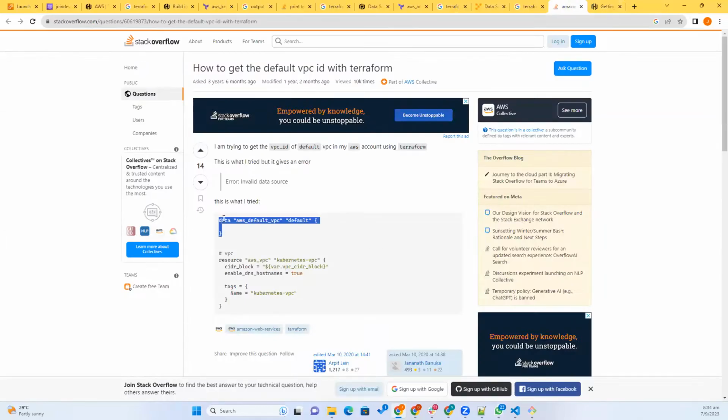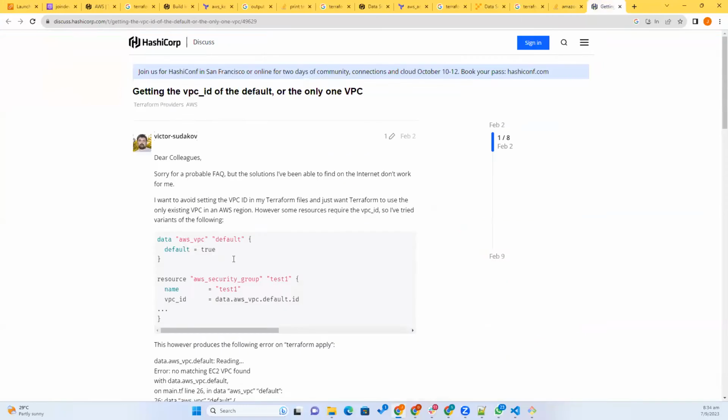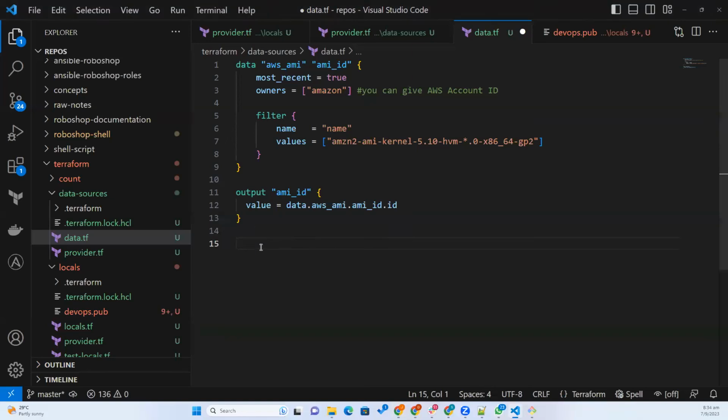Just search like this. Give the data source like this. Okay, you can see, if we give the data source like this, it will fetch the full information,